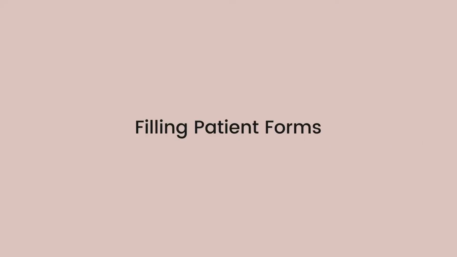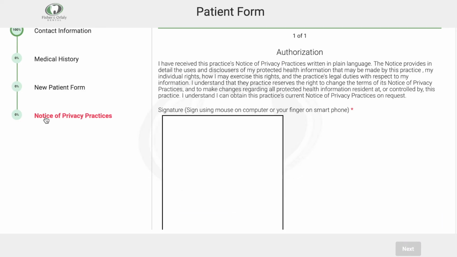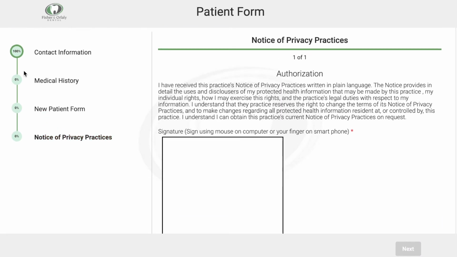Once the form is sent, patients will get a text or email with a link. They click on the link and will see a list of forms they need to complete. Patients can fill out the forms in any sequence. They will see the progress of what's completed and what's not. They need not fill everything out in one sitting. All the information will be saved so that they can come back to the same link and continue from where